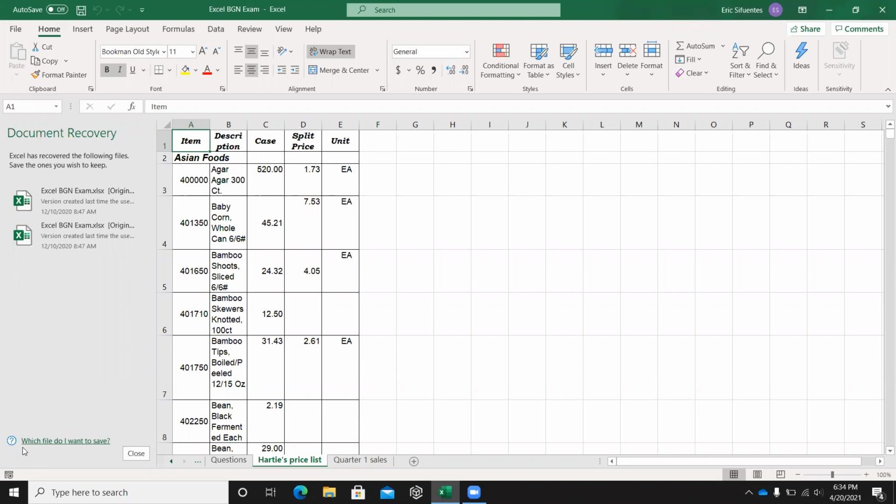If I move to the right across row 1, description B1. You'll see description. Case C1. Case, as in the case price. Split price D1. Split price or unit price. Unit E1. And then unit at column E. So this model is 5 columns wide. And there's about 1,600 rows in this data set because there's just over 1,600 different products sold at this grocery